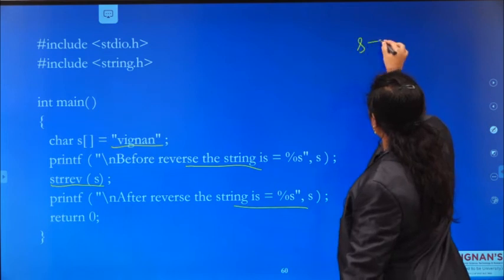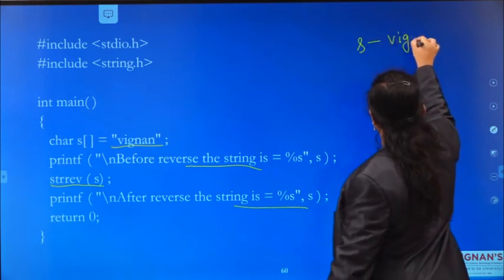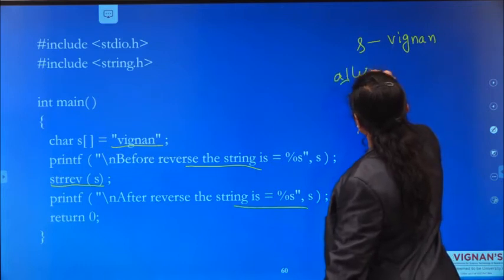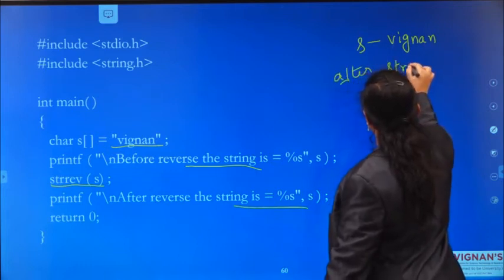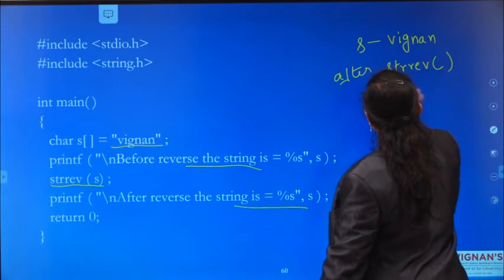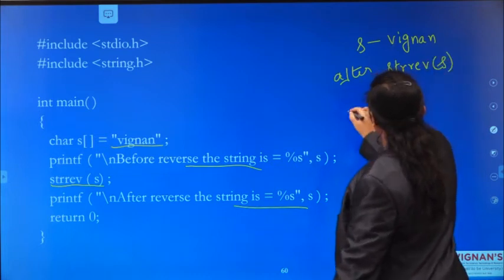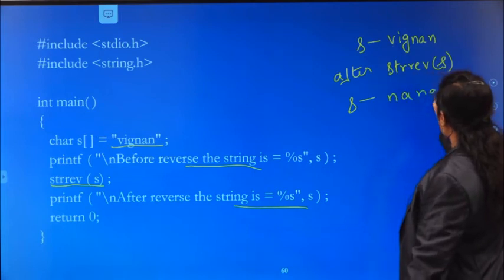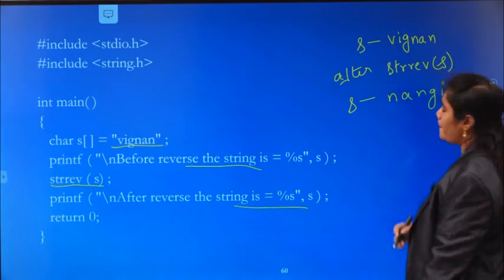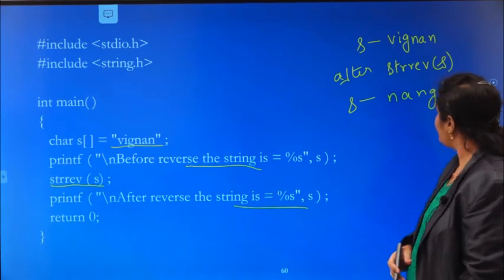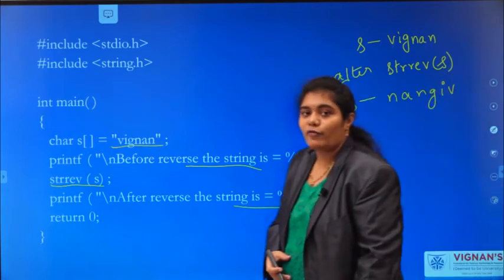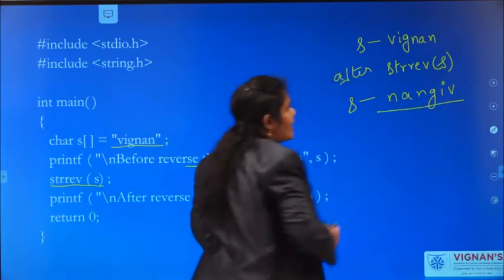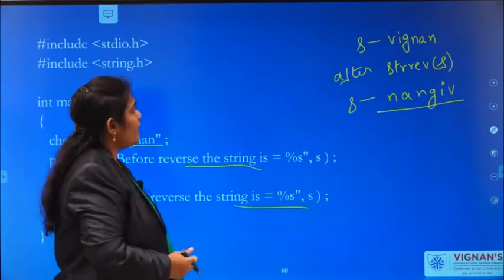First the value of S is Vignan. After strrev, the value of S is NaNgiV. This is the output. After performing the reverse operation, S is holding this value NaNgiV, right?